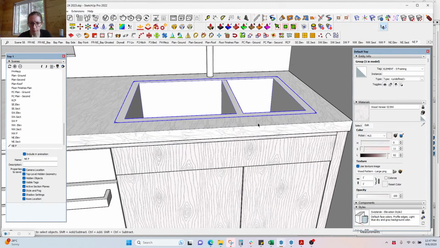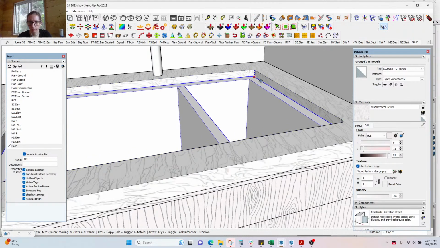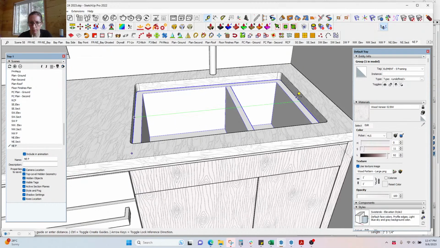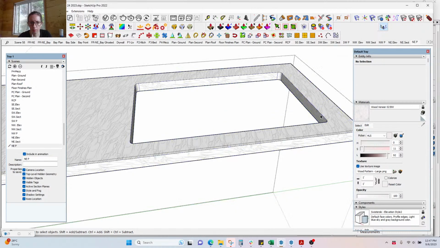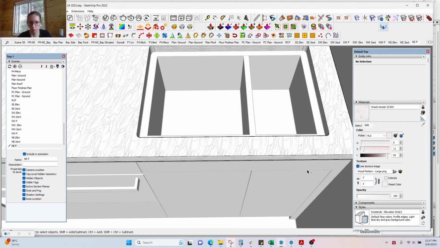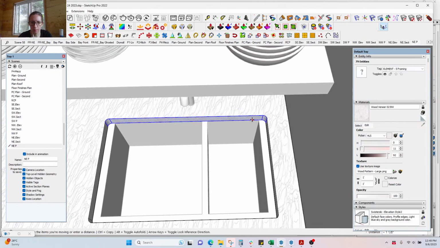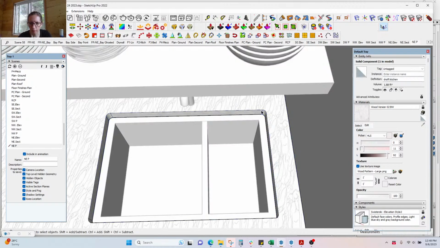This isn't too important for the millworker, but for the future I do want this to be an undermount sink, so I'm just going to tuck it there. So I'm going to double check this is the right dimension too. Yeah, that's right. And I do want the stone to look like it's covering this. Also, this isn't entirely realistic because the stone will be a 3/4 inch depth, so what I'm going to do is